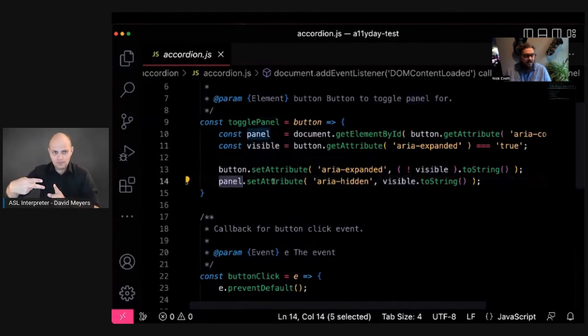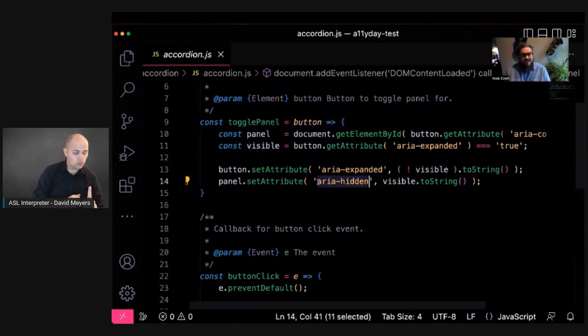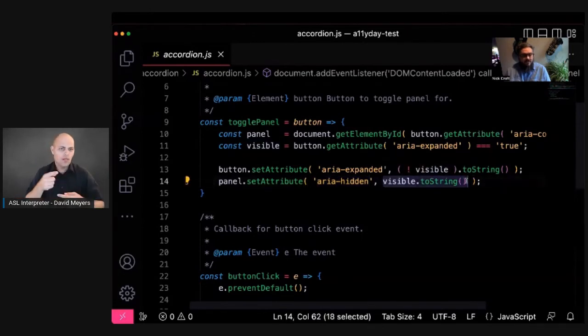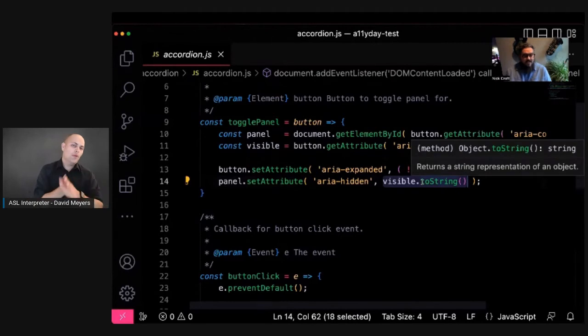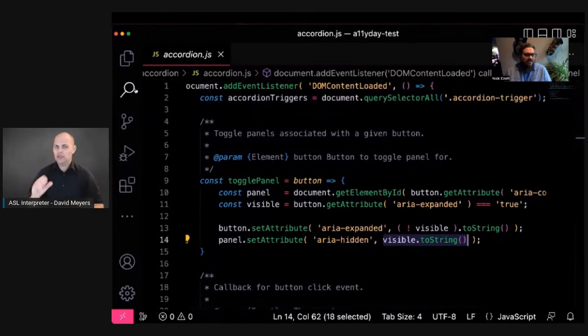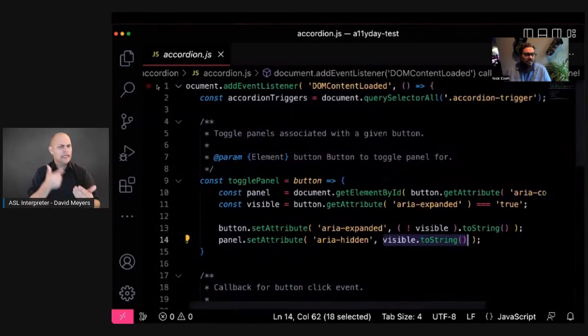And then our panel property is going to also set an attribute on ARIA hidden. So if the button is currently visible, ARIA expanded is true, then that means ARIA hidden is currently false, and we need to make ARIA hidden true. So we're going to flip that now, so it's going to become true, or we're going to switch it around and make it false. That's all of the JavaScript, and all we're doing is flipping those two attributes, and we're using the ARIA controls and the ARIA expanded to find out what current states are. We could do a lot of other stuff with state management if we wanted to, but this was really simple and really easy to do and lets the DOM be our state management.